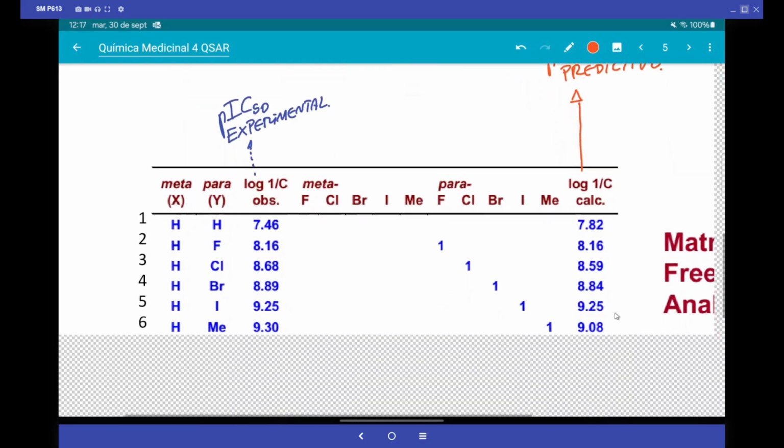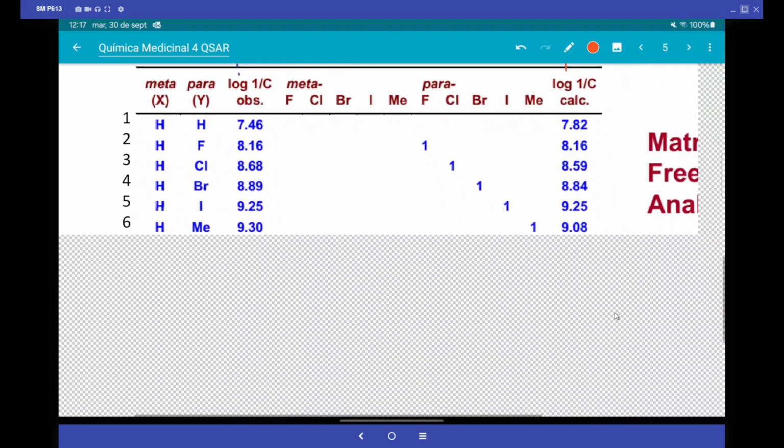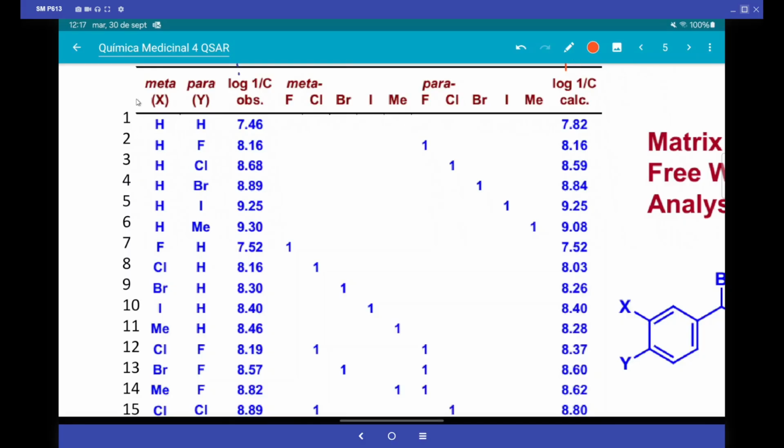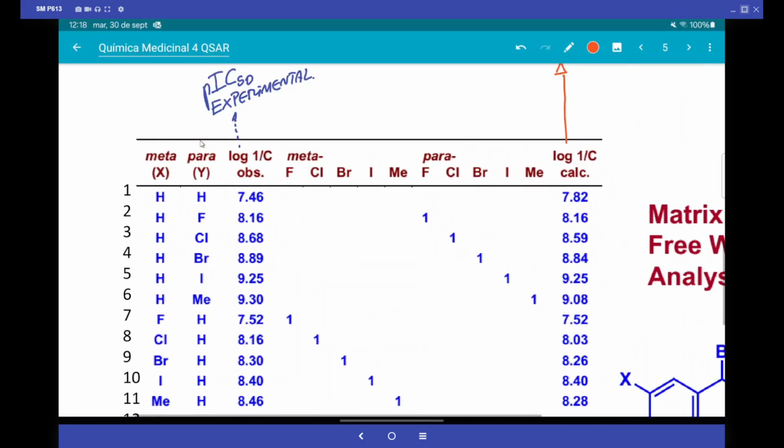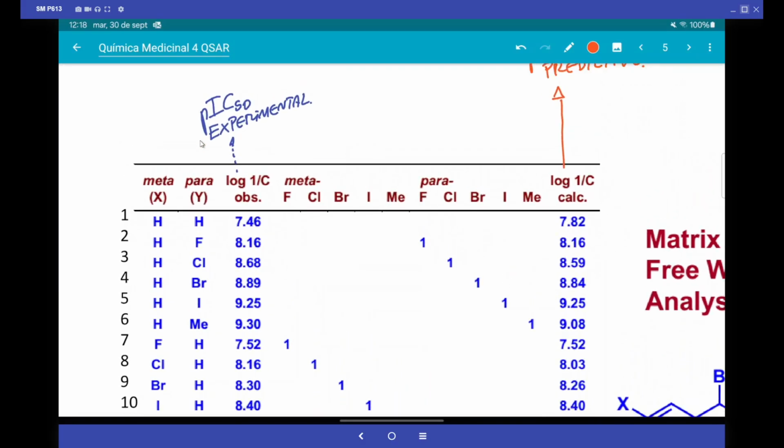Let's go here. Compound 1 had hydrogen in meta and hydrogen in para. Therefore, what are they for? Variables x. First, the biological activity is the variable y. The biological activity is our unity of the equation. Exactly, those are the x sub i of the compounds. Exactly, then y corresponds